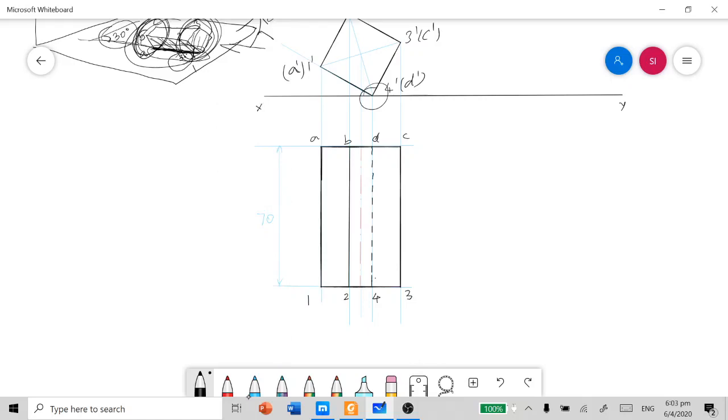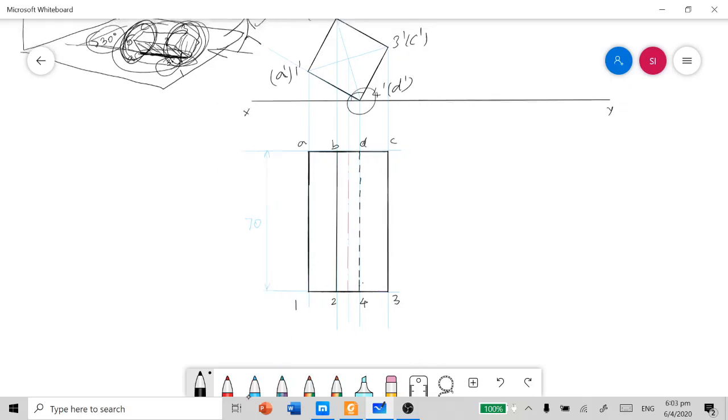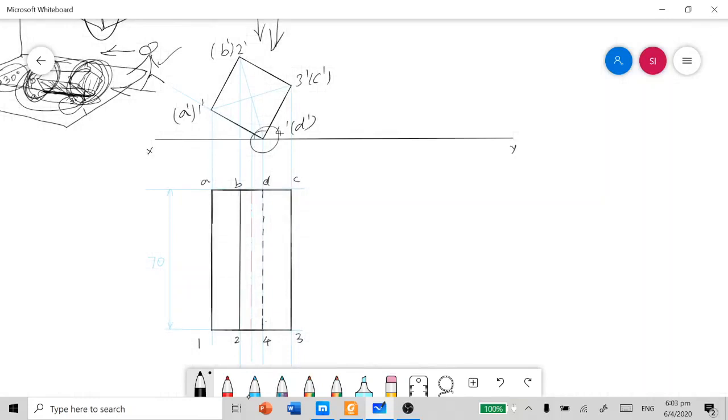So this is nothing but our lateral view. Now, as per the problem statement, we need to employ the inclination given in the problem. One inclination given in the problem is that the long edge contained by the rectangular surface, the resting long edge, is making 30 degrees to HP. This inclination is incorporated in the very first front view.